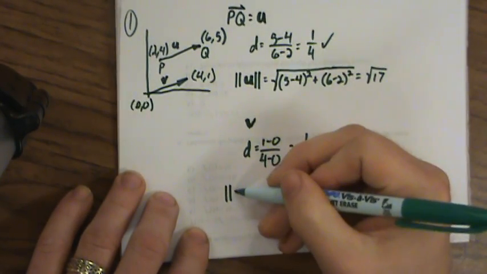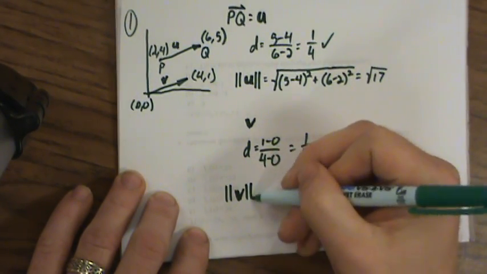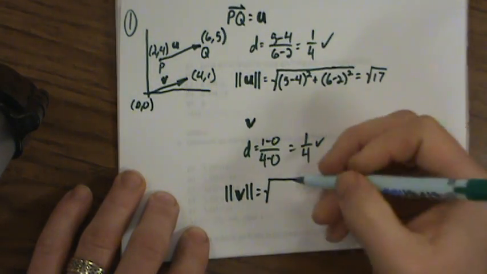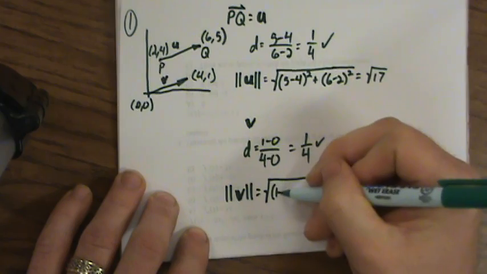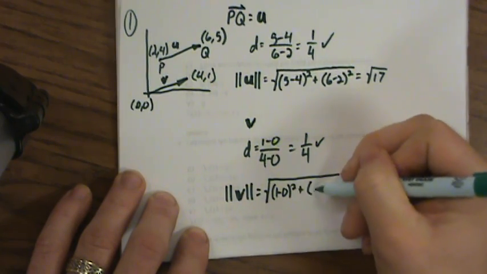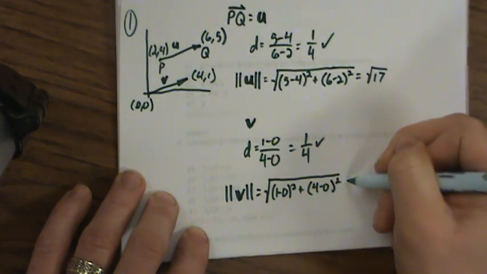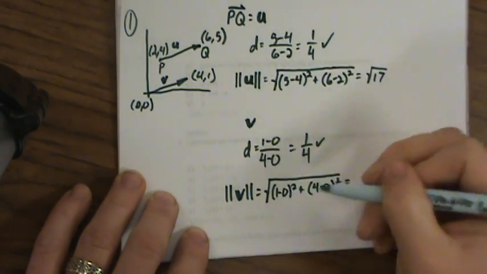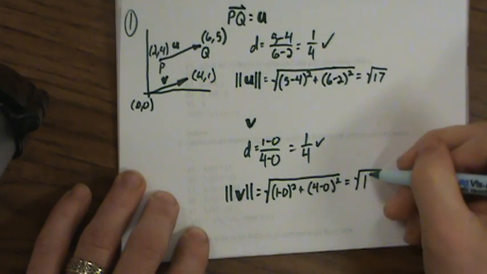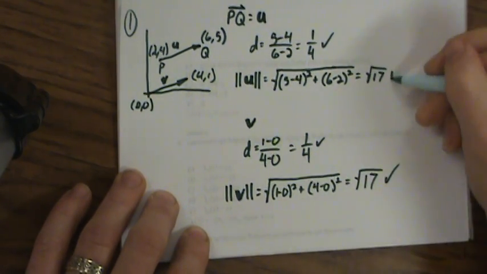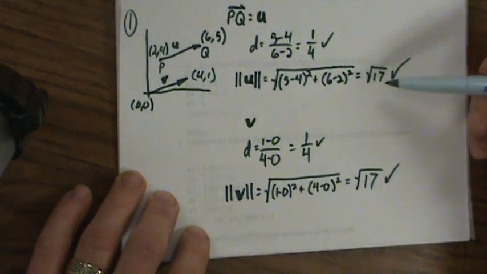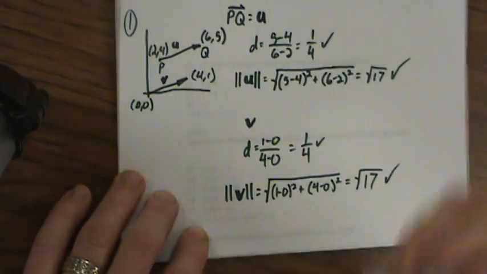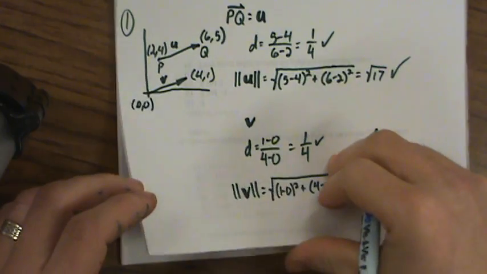Now we need to find the magnitude of v. Okay, that's going to use the distance formula again, the square root of, now this time, 1 minus 0 squared plus 4 minus 0 squared, 4 squared, 16, 1 squared, 1, 16 plus 1, square root of 17. Happy day. They are equal. The magnitudes are equal, the slope, the direction, they're equal, so there we are, 2 equal vectors, right there in